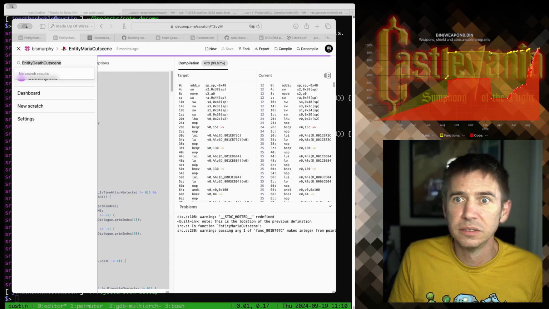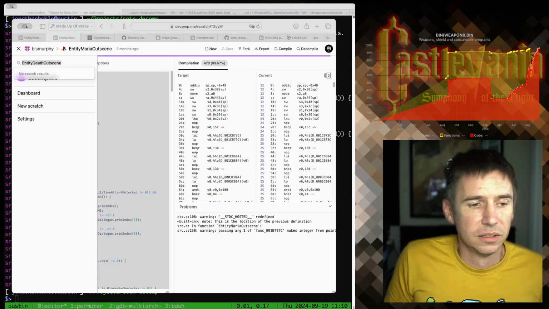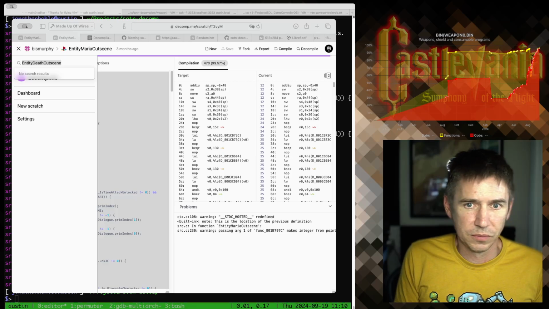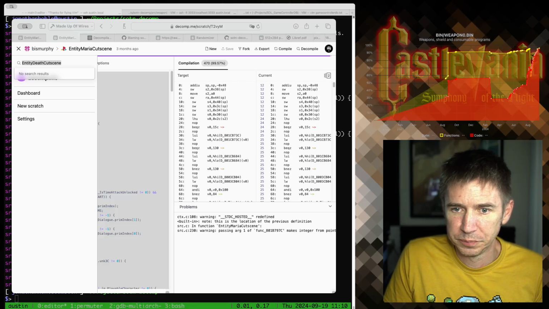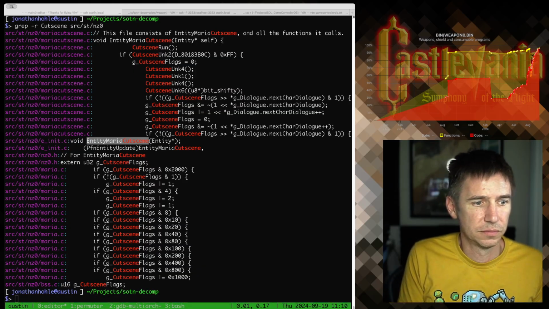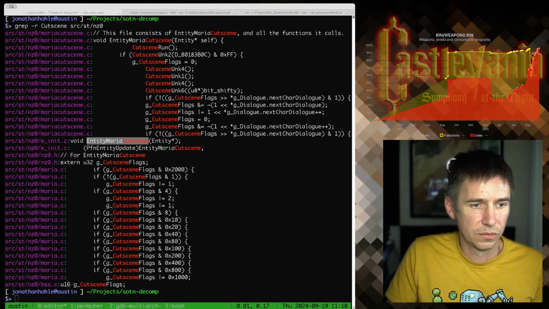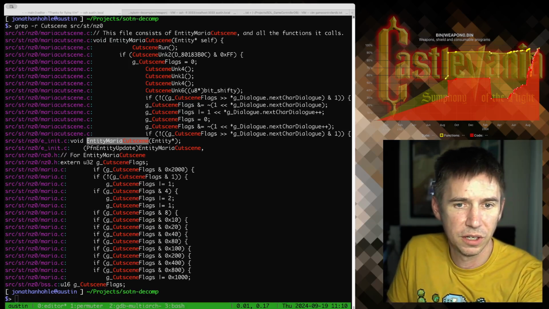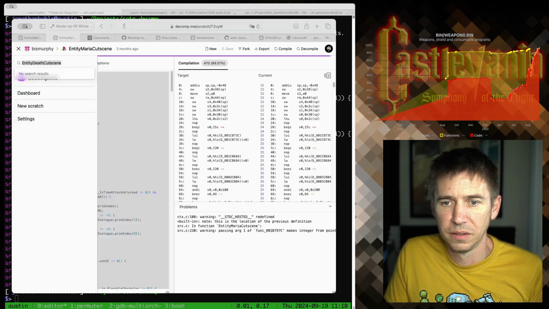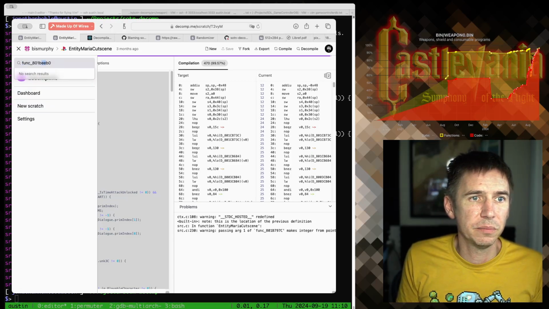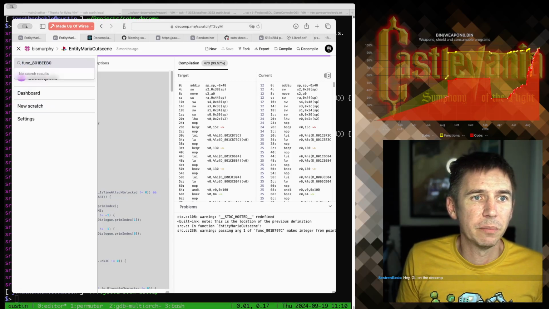Oh no, my Stream Deck is not working. So I'll have to do this manually. So I'm going to grab this offset, and I'm going to assume that this originally was decompiled with the offset name, which may or may not be a